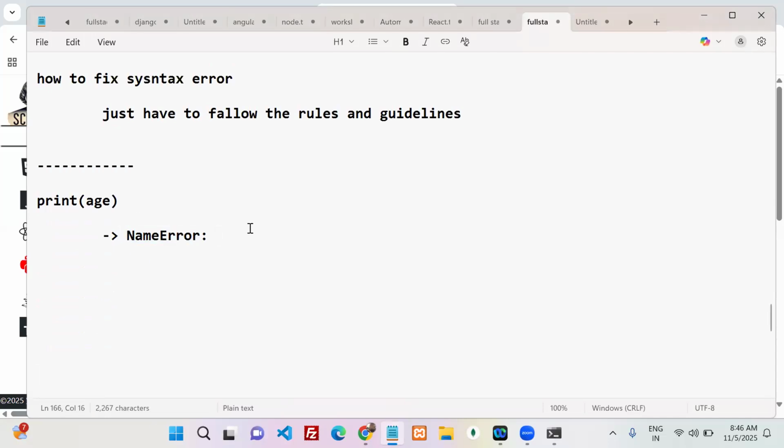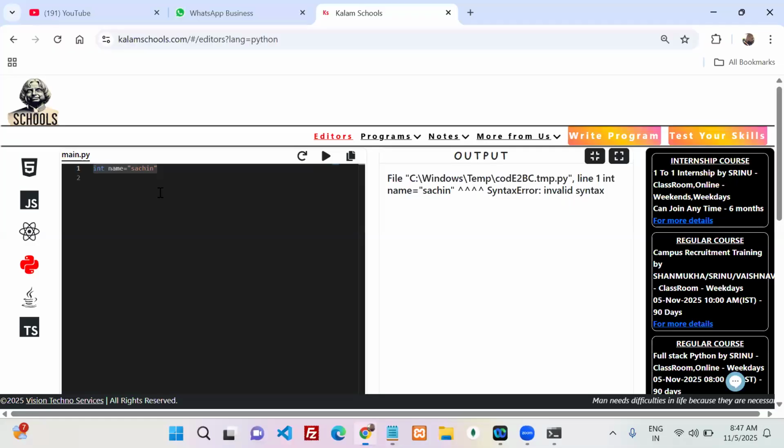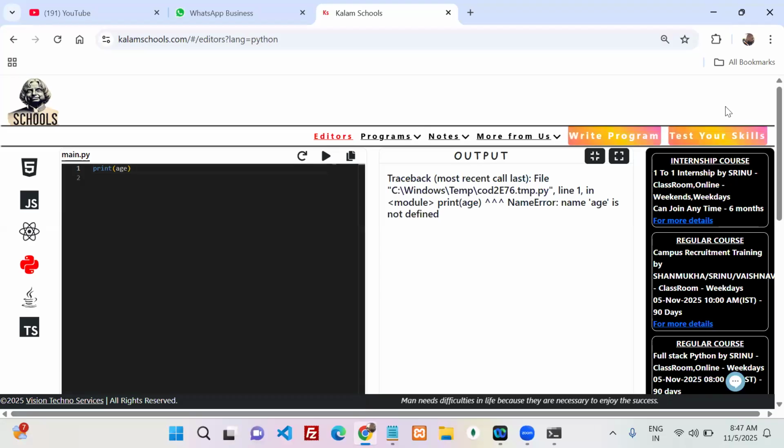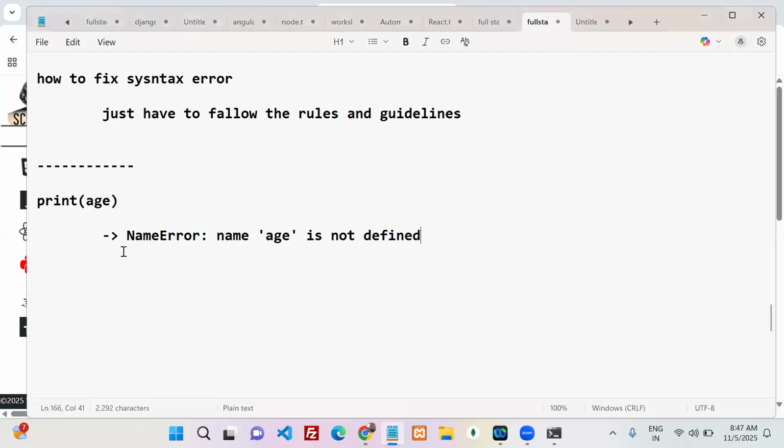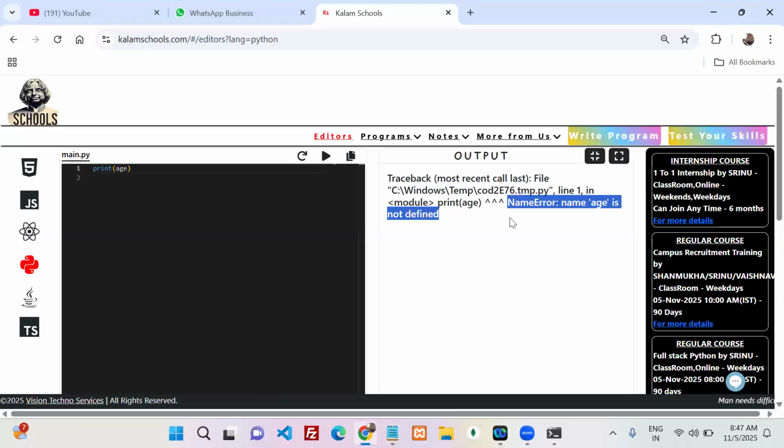At the time of exception handling, we'll discuss what this name error is. It's a class. Here, tell me the exact error: name is not defined. If you come here and print yes, you get a name error: name is not defined. Whenever you see this kind of error in your program,